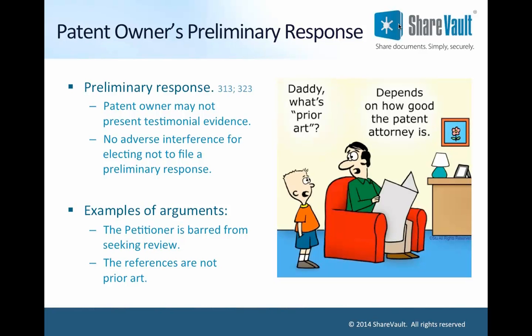So, in terms of the patent owner's preliminary response, the response, excuse me, I'm hearing some background noise. The response